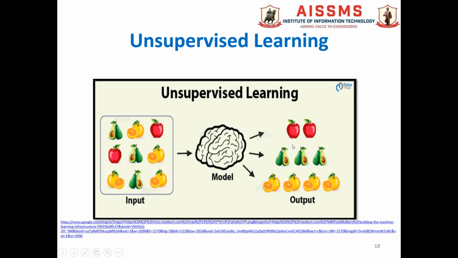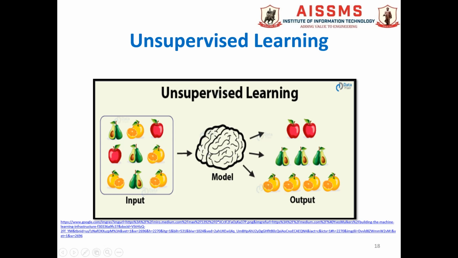We will consider one example for this. Consider that these input images are there: the image of Mozambique, the image of apple, apricot, like that. At the time of training, we don't know that this particular image belongs to the apple category, this particular image belongs to the Mozambique category, this belongs to the apricot category. That we don't know. But the characteristics of these images can be used for learning,